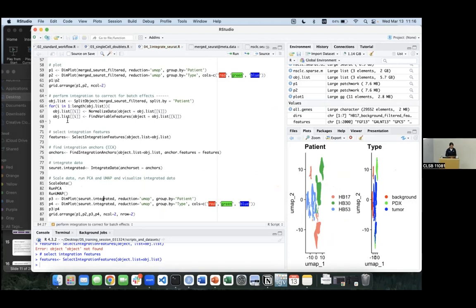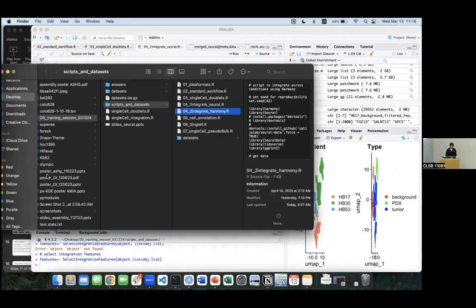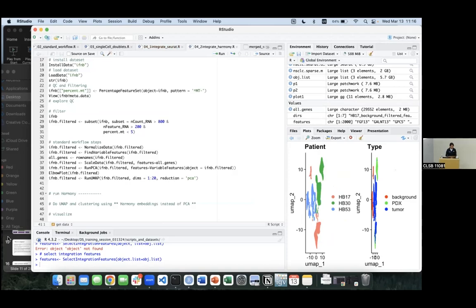So this is the Seurat integration. Let's move on to the Harmony integration. So before, are we at Harmony? Okay, so before